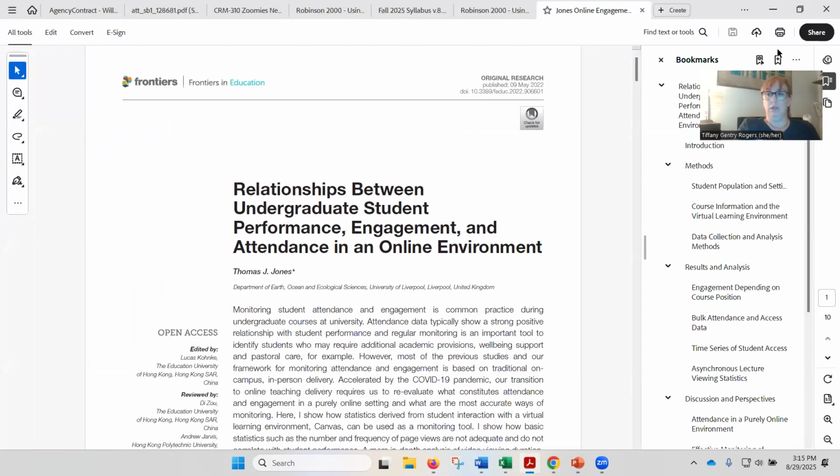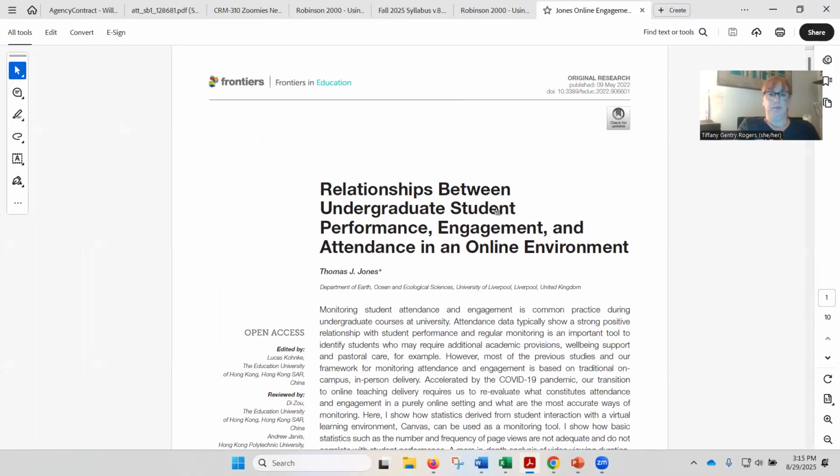So, we're going to get rid of this. Okay. The title is the relationship between undergraduate student performance, engagement, and attendance in an online environment. So I can look at this here and I can see that it was published